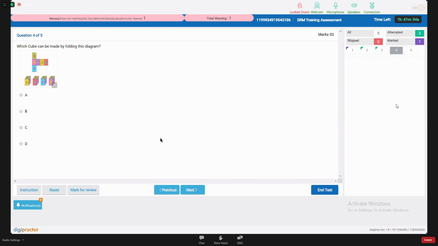While you're in the test, there can be a scenario where the internet connection goes off or the device fails or it hangs in some manner. What do you do in that case? Firstly, you have to be assured that all your answers, whatever time is left, and whatever questions you have answered, everything is saved. You can relaunch the application.